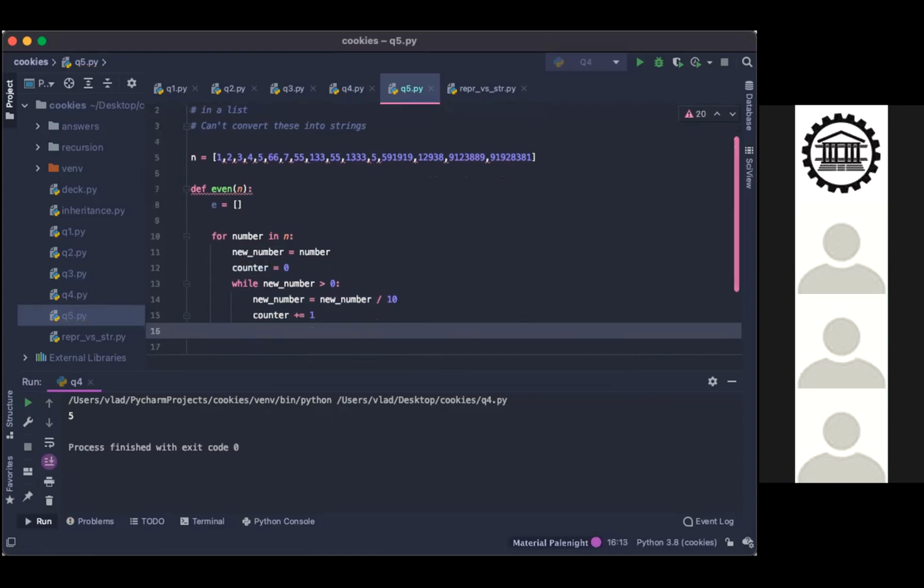All right. And then we would have to check somehow when the counter is. Okay, so outside of the while loop, right there. If counter modulo 2 equals 0.